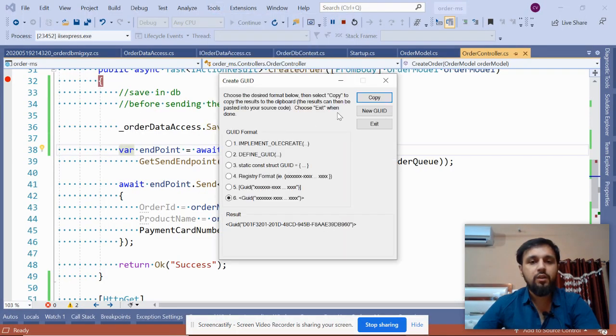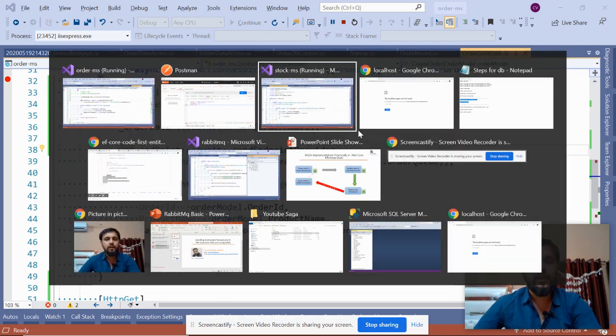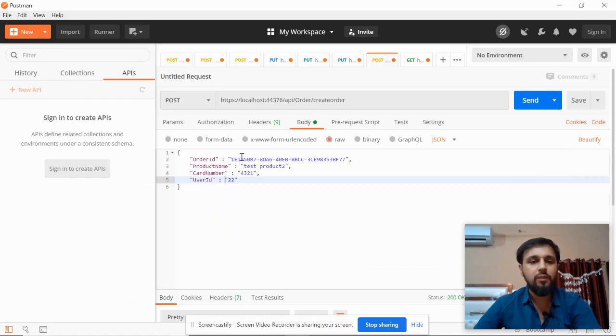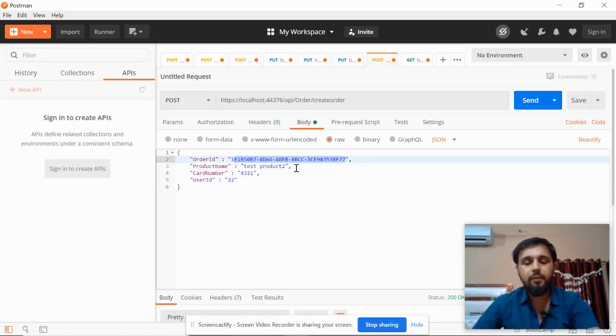Create GUID. This is the unique ID it will generate each time, and we need a unique key because our order ID is now the primary key. So that's why I recreated this, and let's remove this. Now you have this.